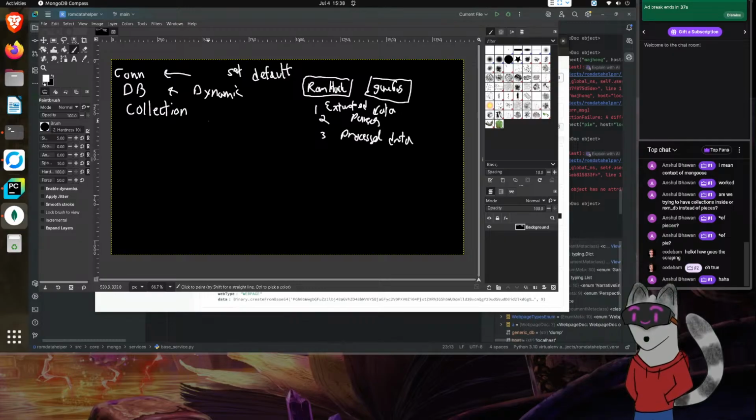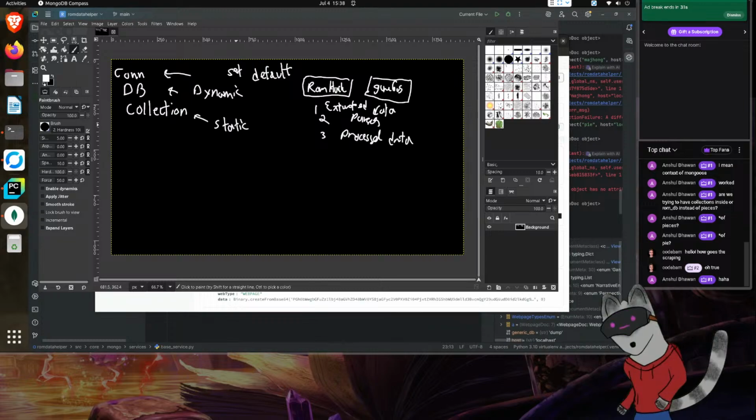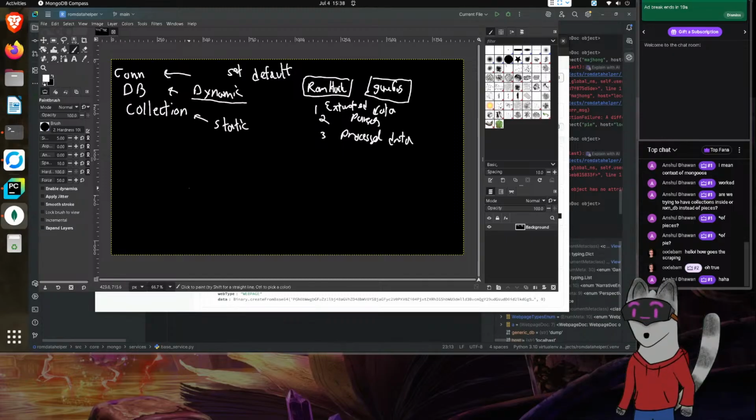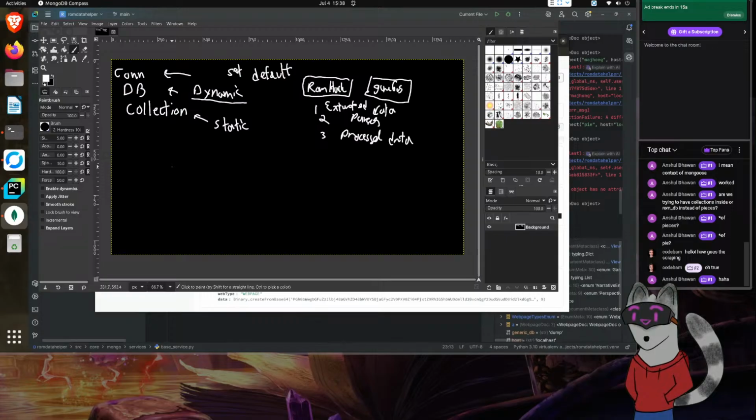Now the collections, these should be static, actually. We want everything to be kind of stored similarly. So that means the only thing we need to really worry about is the dynamicness of the database. So if we want to initialize, we don't have to really worry too much about the collections, just the database. We'll need to set up a function where